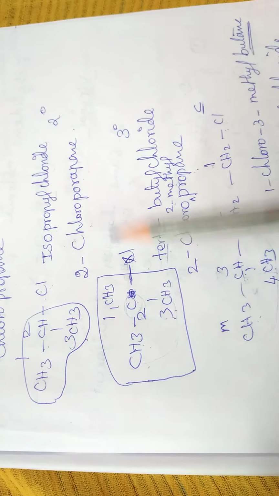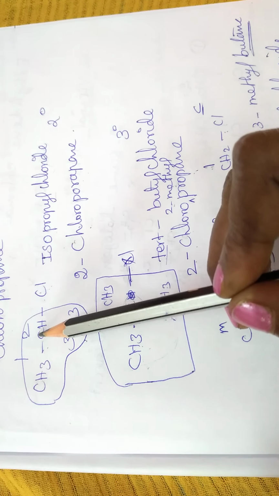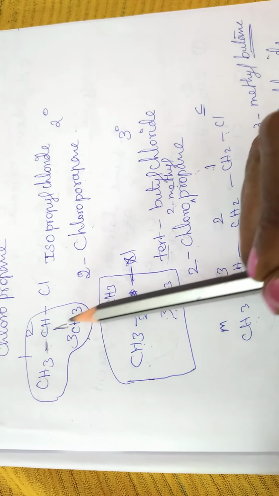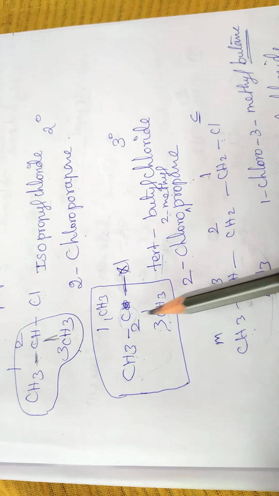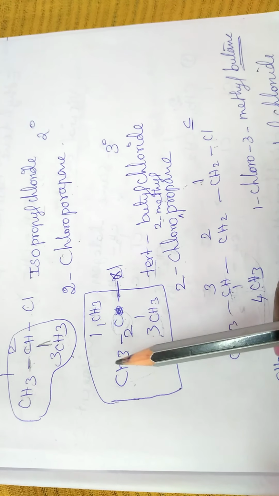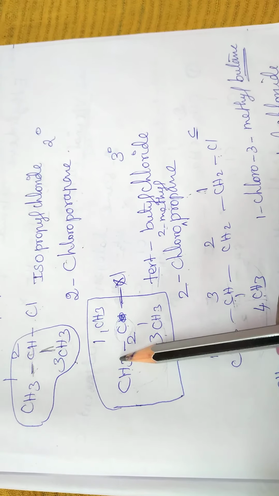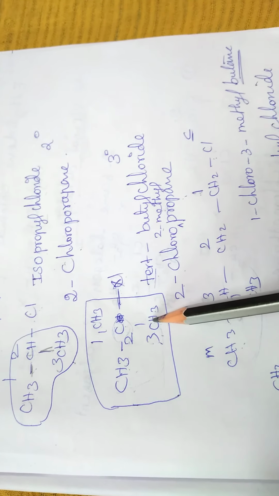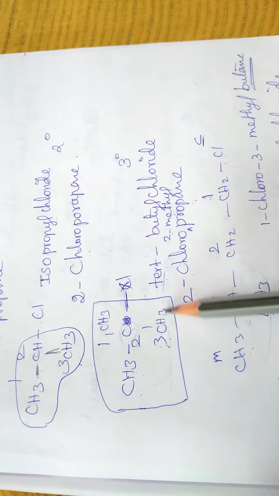Okay. Now primary, secondary, tertiary. This is the functional group carbon. This carbon is directly attached with how many carbons? 2 carbons. That means it is secondary. Next, you see, the halogen is attached with this carbon, with CH3 here, CH3, CH3. So this unit, CH3, CH3, is known as tertiary butyl.